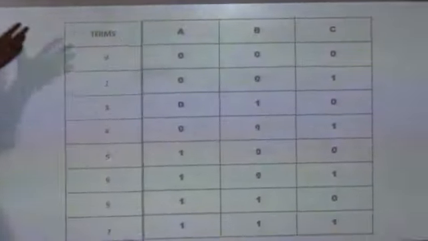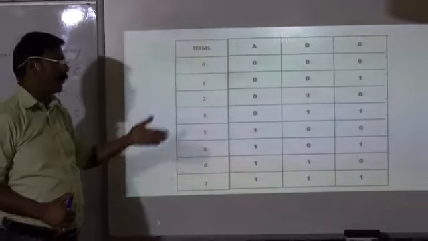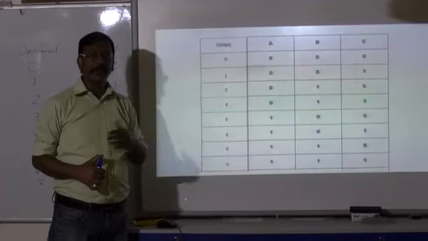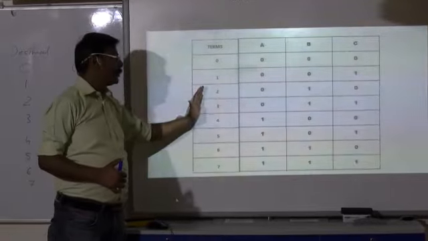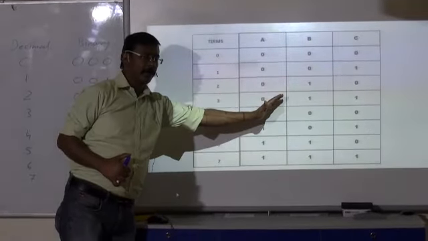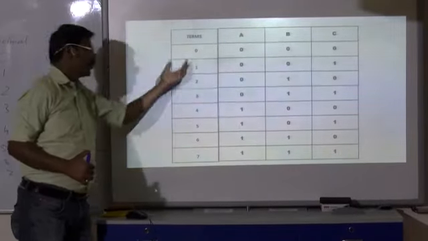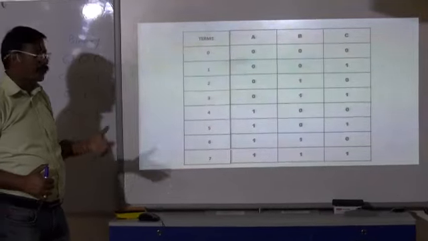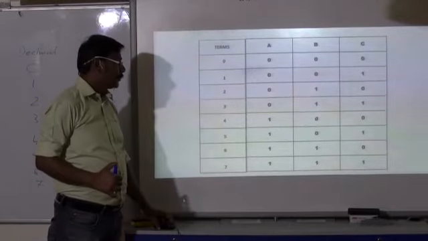Suppose you are given the term 4, then the combination will be 1, 0, 0 for a 3 input truth table. If it is a 4 input truth table, it will be 0, 1, 0, 0 for the 4th term. So from the term, you can get the combinations of the truth table inputs, or from the input combination, you can get the terms. Both ways are valid, and both ways make it easy for you to create this table. Fine. Now let's move on.